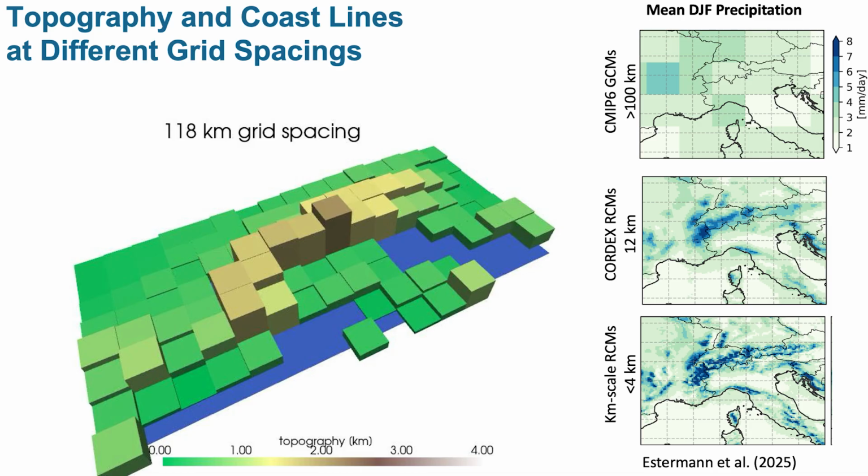What we can also look at is regional modeling. So we have coordinated regional climate modeling experiments that are shown here, the CORDEX project. They're running currently a 12-kilometer grid spacing, and you can see now it's certainly a better representation of topography and coastlines, but still, you can also see this in the precipitation map here, we miss lots of the details.